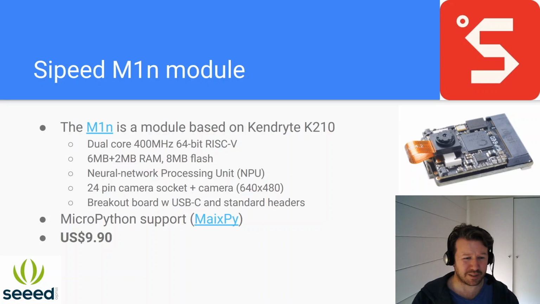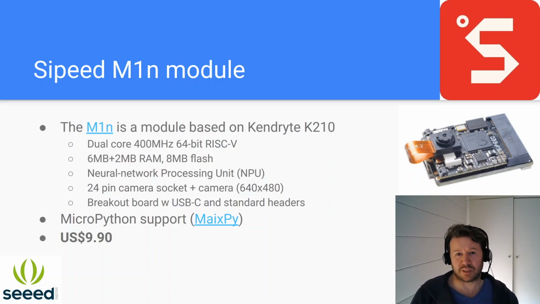know. Okay, so Seed also announced support for these. Well, they're distributing Seeeduino modules. This is the M1N. And this thing's built on top of that awesome Kendryte K210 micro, which we've covered a few times. It's a dual core, 400 meg, 64-bit RISC-V. It's got 8 meg of RAM, 8 meg of flash. This particular module, 2 meg of that RAM is dedicated to the neural net processing unit, which requires a bit of investigation. But basically,